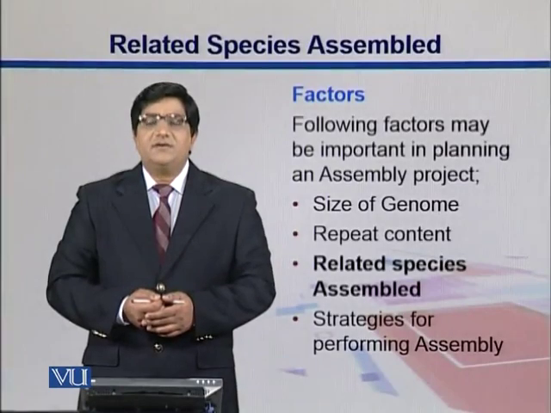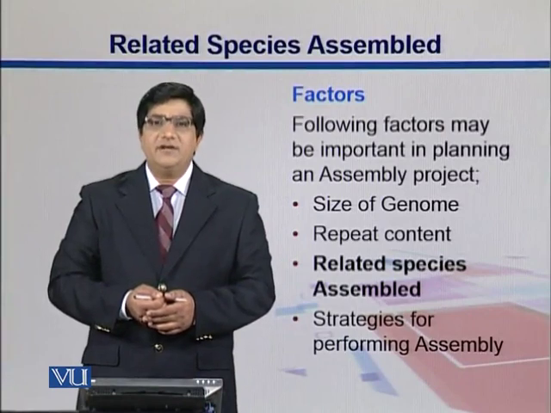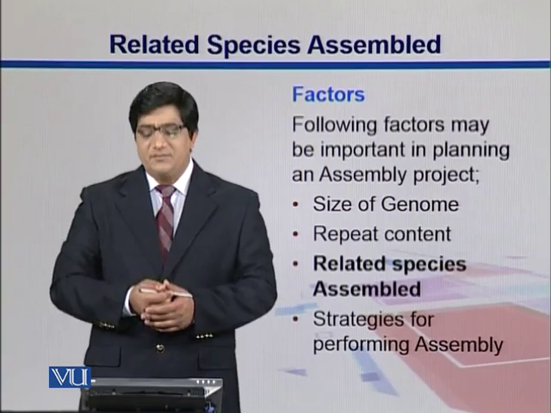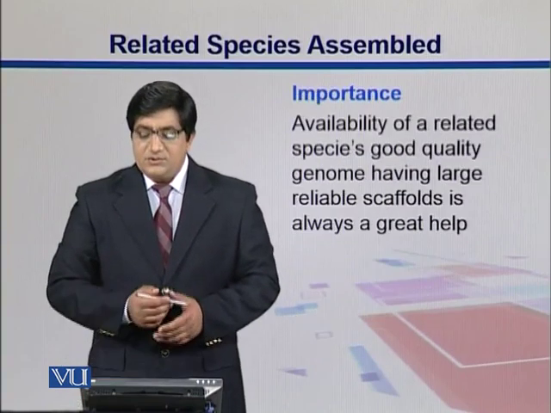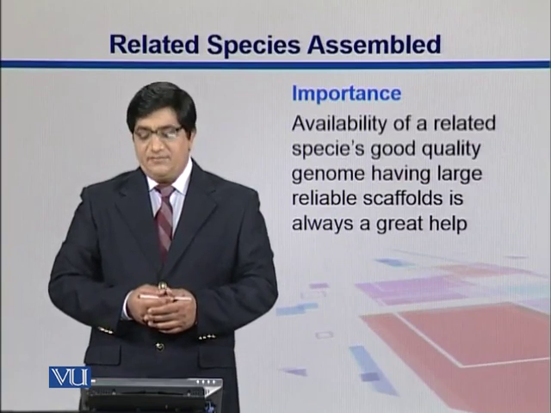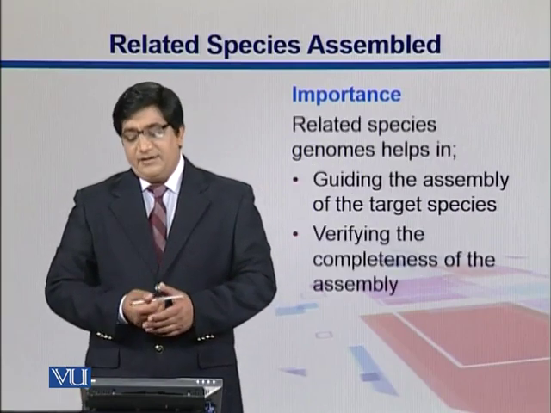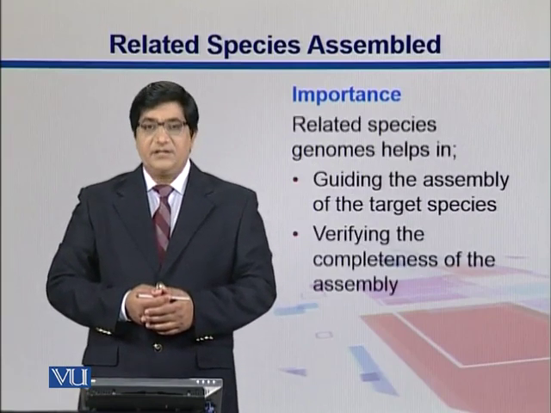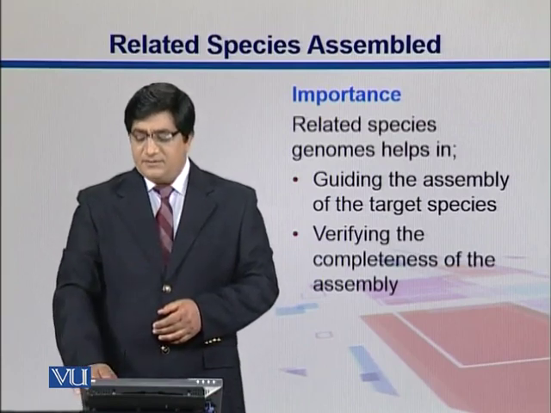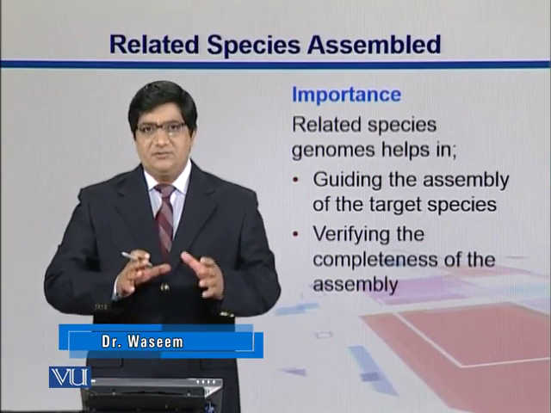So let's see, if we have a related species genome already assembled, how can we get benefit out of it? We might use it as a guide to do a guided assembly. The availability of a good quality related species genome, having large reliable scaffolds, is always a great help, and it helps in guiding the assembly of the target species. It can also help in verifying the completeness of the assembly. So once you are done with your assembly, you can compare with some related species